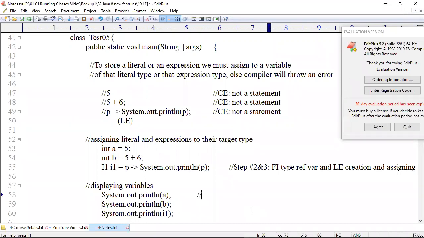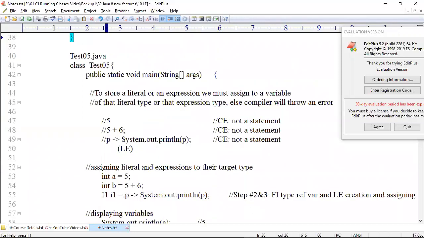A value 5. What is displayed here? B value 11. What is displayed here? I1 pointing to an object reference. Then tell me, is a lambda expression an object? If you want to store anything inside a variable, it should be an object.